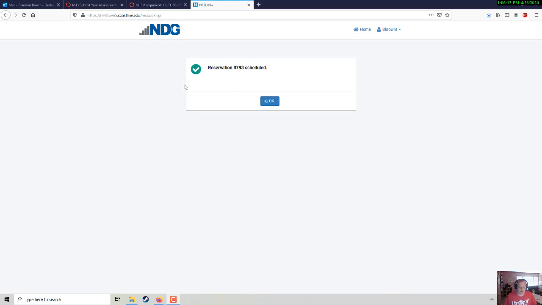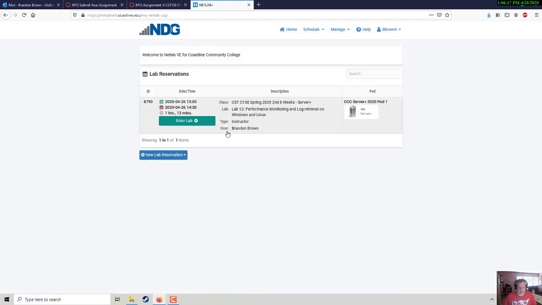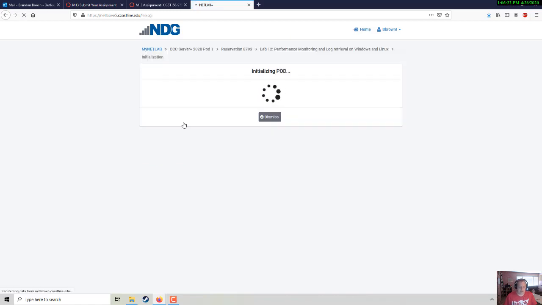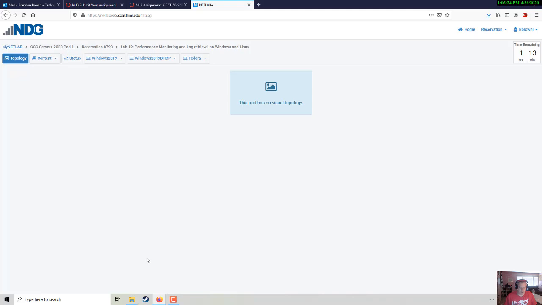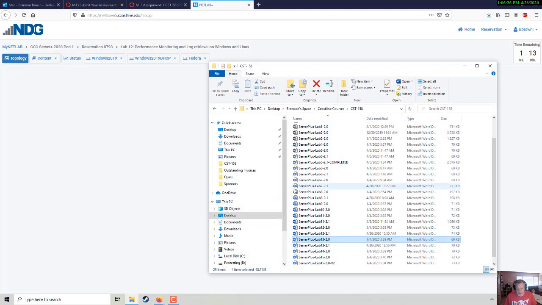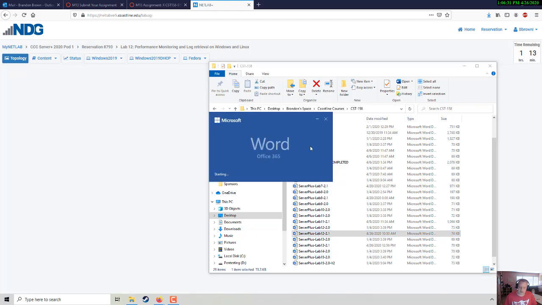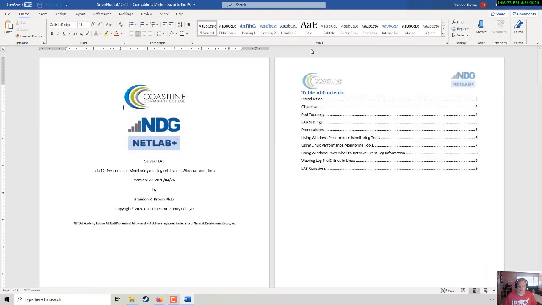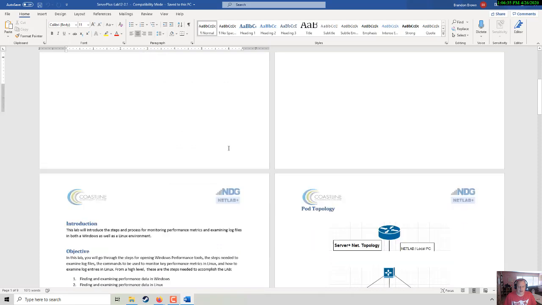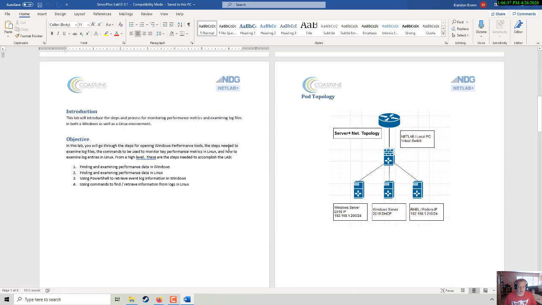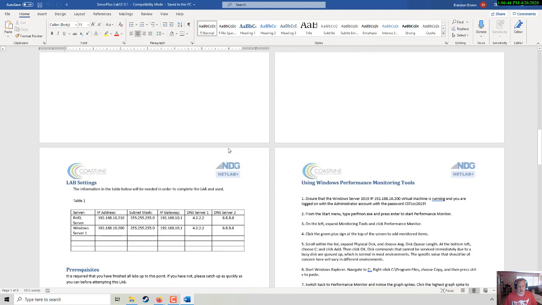So today we're going to go over performance monitoring in both Windows and Linux, and I have a lab set up here for myself. I'm going to go ahead and enter that lab. Let me bring up the lab document 2.1. This has been updated in your Canvas course. So again, always a good idea to read through the entire lab document before you begin. I have done so,